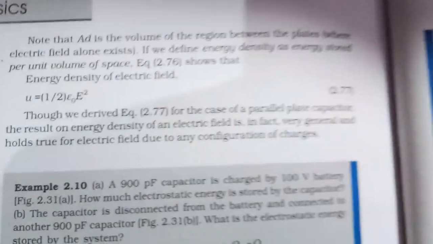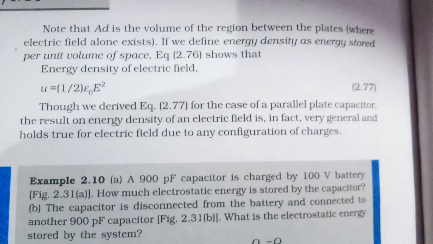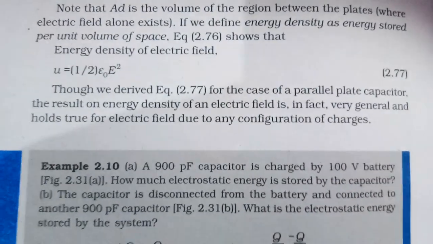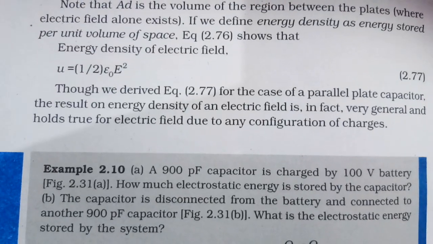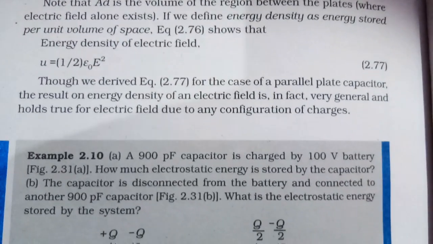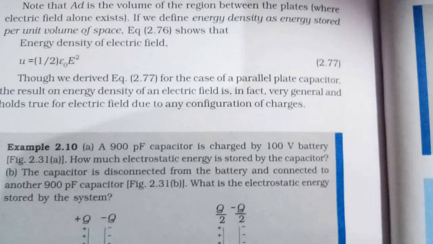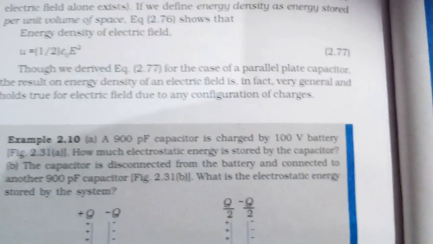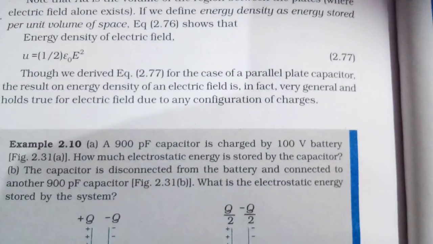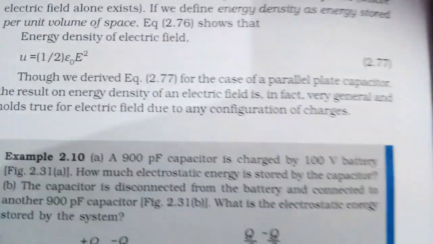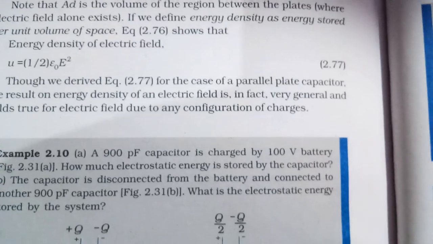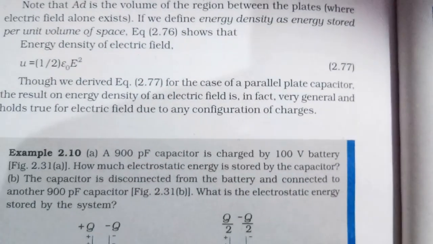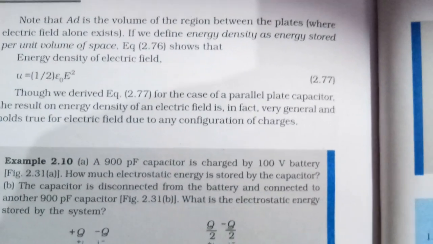I am describing this content from the NCERT Class 12 book, and note that the energy density of the electric field is u equal to half epsilon 0 E square, which we derived in equation 2.77. Here you will see it is very general and holds true for the electric field due to any configuration of charge. So you will get the charging capacitance and variables when you see this, because the capacitor is a very important